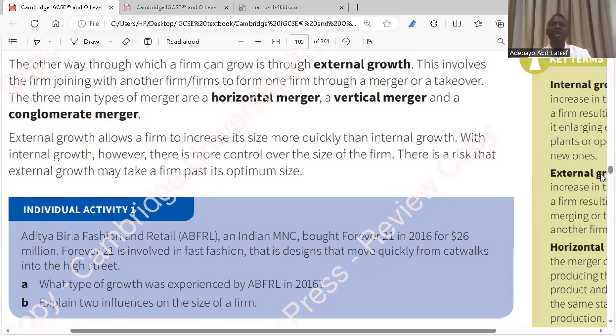We could talk about a pharmaceutical company and a pharmacy. A pharmaceutical company is in the manufacturing sector. A pharmacy is in the service sector. So coming together is vertical. We have forward vertical or backward vertical. When we go to merger, we'll talk more about it. And conglomerate: when we talk about conglomerate, we're talking about different businesses coming together, businesses running in different industries. You could have a business, a school, a hospital, a pharmacy. This is what we call conglomerate. So one business owner having different firms in different industries. Is it clear? Yes. All right.